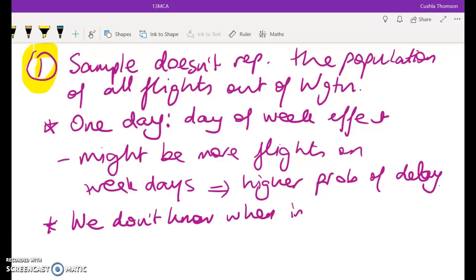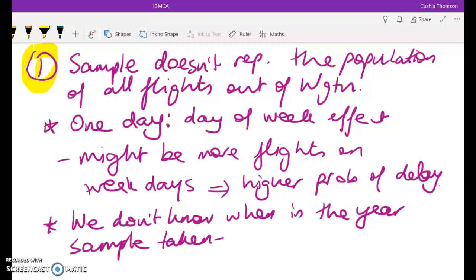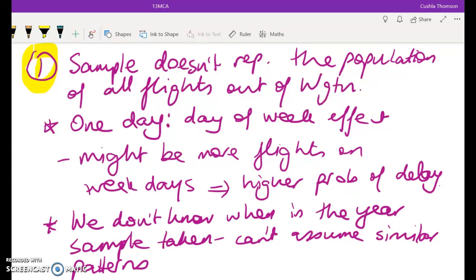when in the year or which month the sample was taken. So we can't assume similar patterns between summer and winter. Right, so you'd expect to find more delays in winter than in summer, and we just don't know when this